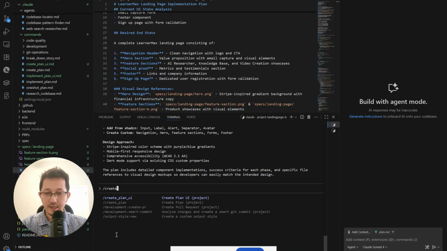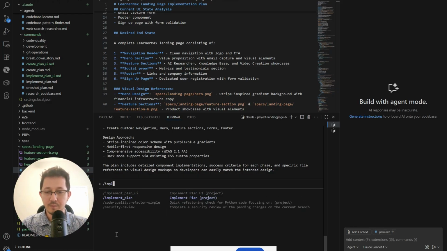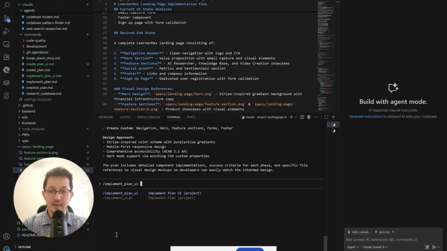But instead of creating with the create plan, I'm going to use my new create plan. I'm sorry, not create plan, implement. Instead of using implement plan of old, that's what produced that ugly screen, I'm going to use this implement plan UI. And so now I'm going to pass it like, please implement the plan